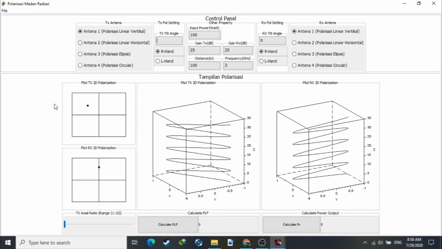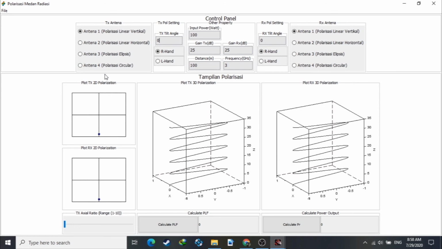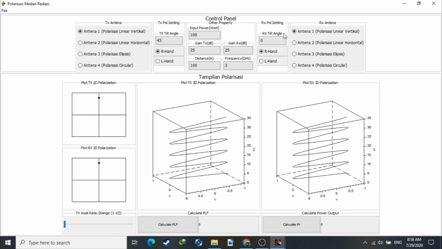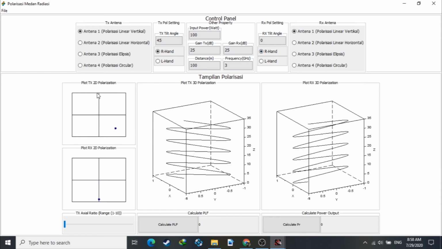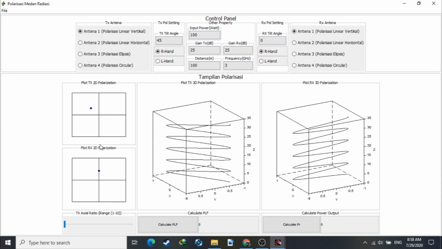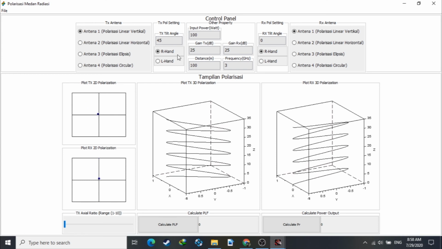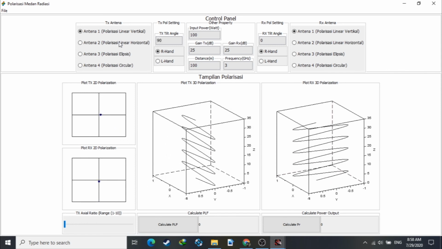As you can see, the movement of this polarization is going to change. It's going to change by about 55 degrees. As you can see, it was up and down, and now it's on the left side. And if you move it 90 degrees,